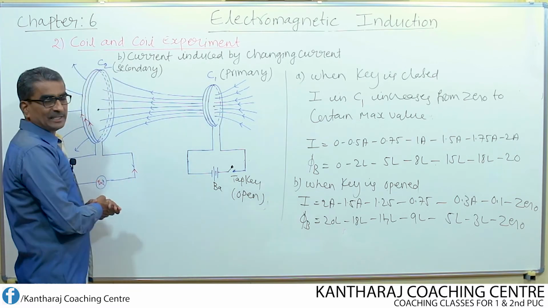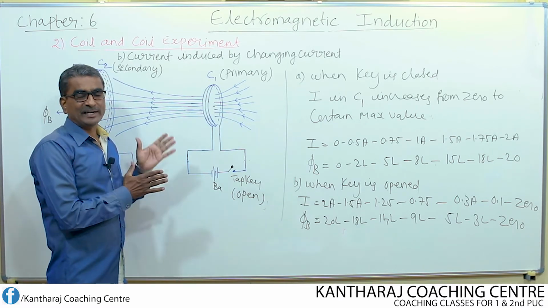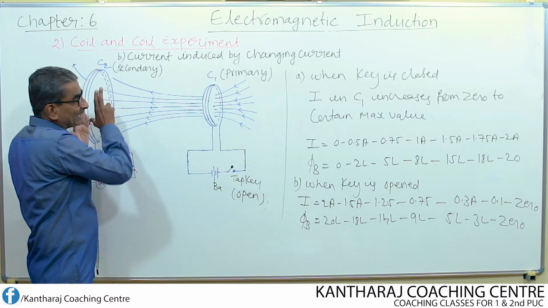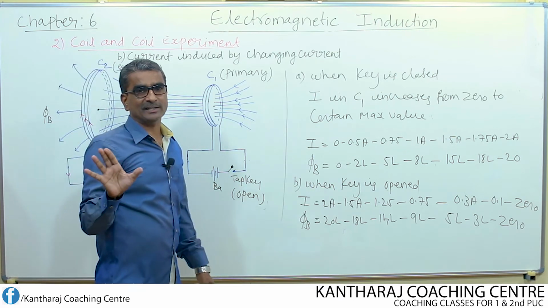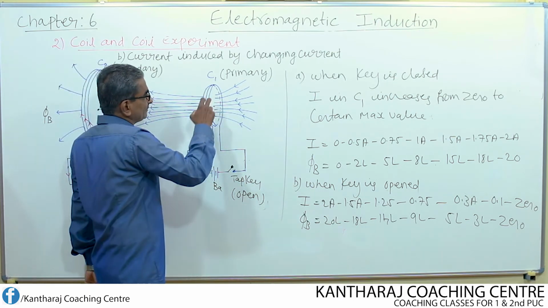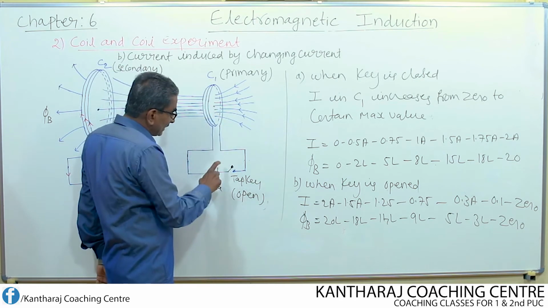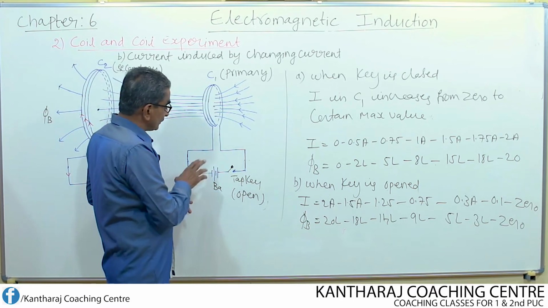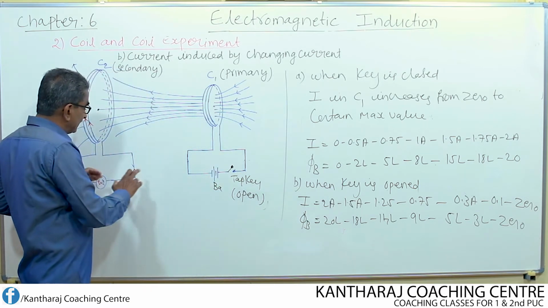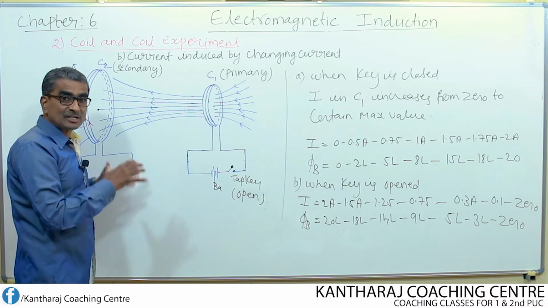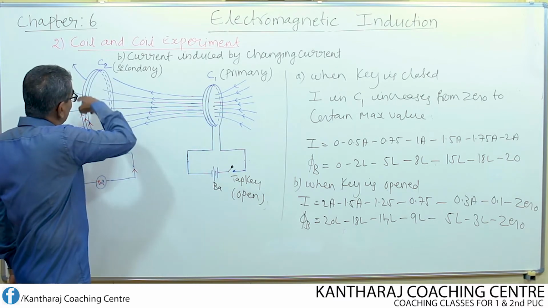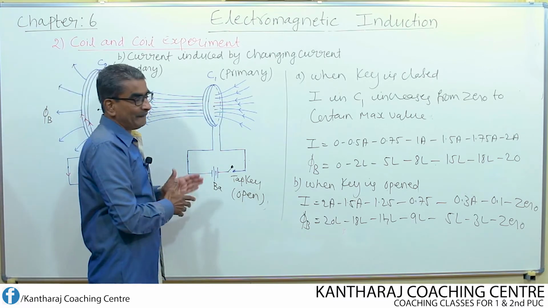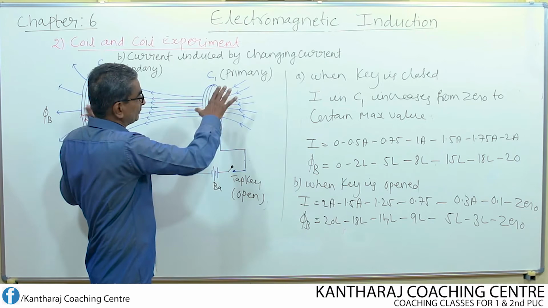See, the deflection in the galvanometer indicates that a current is induced. And here remember, the secondary coil is not connected to any source of current. The source of current is used only in the primary. So only the primary is connected to the source of current. Which is the source of current here? Battery. So the secondary coil is not at all connected to any such current source, but still we are able to produce the current in the secondary coil just because of change of flux. That is the peculiarity or beauty of this experiment.